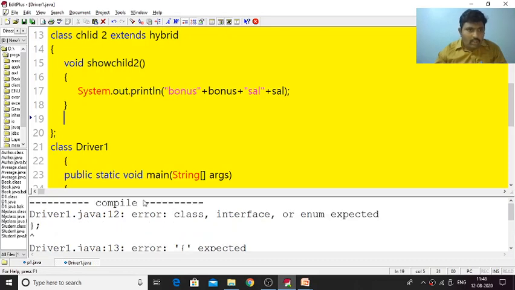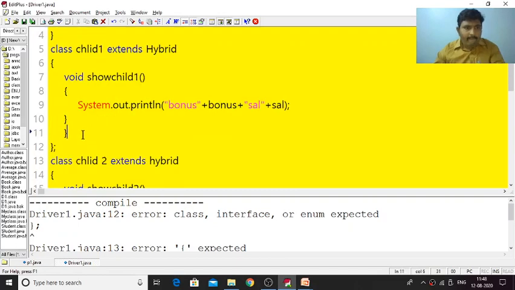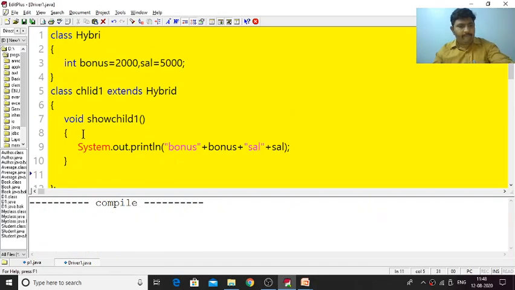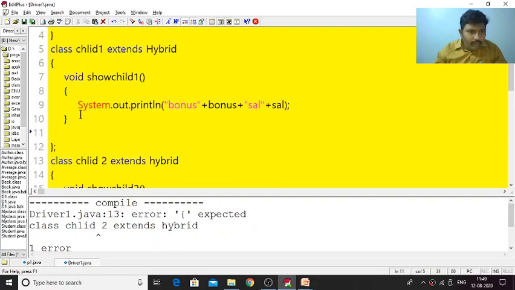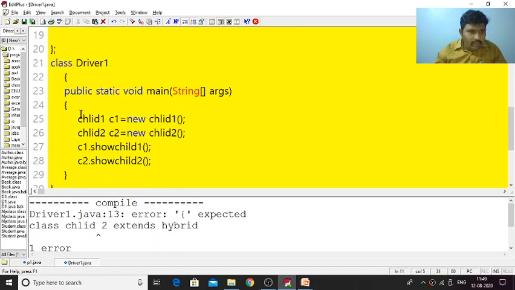It is showing 3 errors. Again, class hybrid. Okay, child1, hybrid, open brace, close, child2. Okay, brace close, driver1 main method.